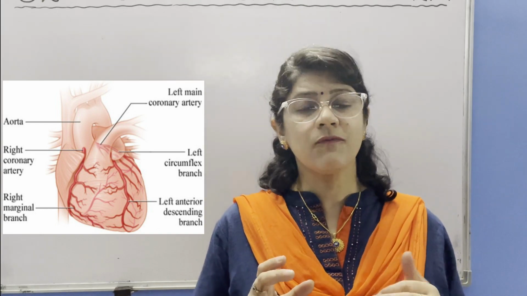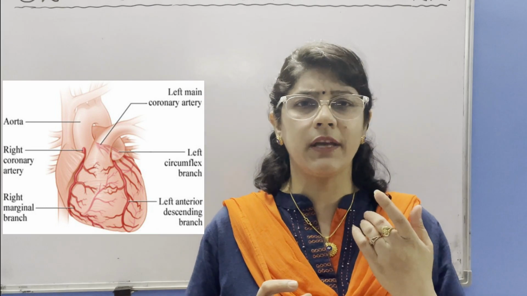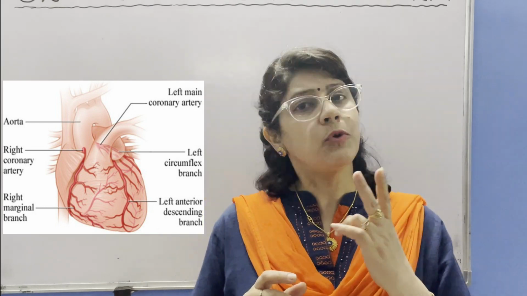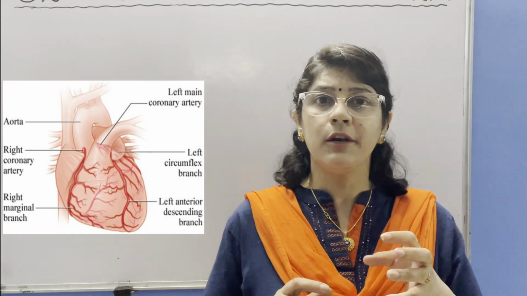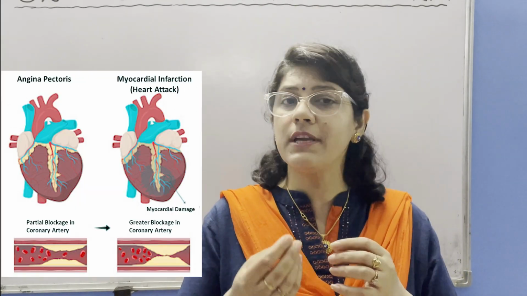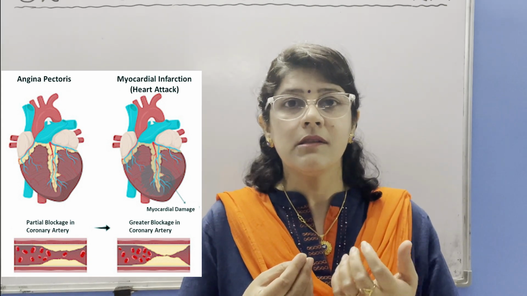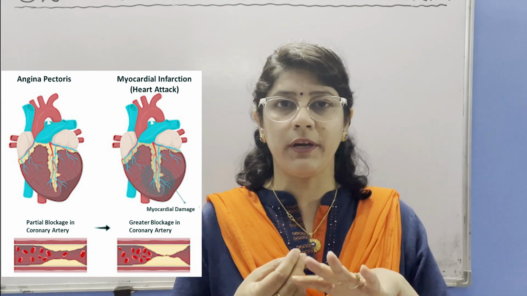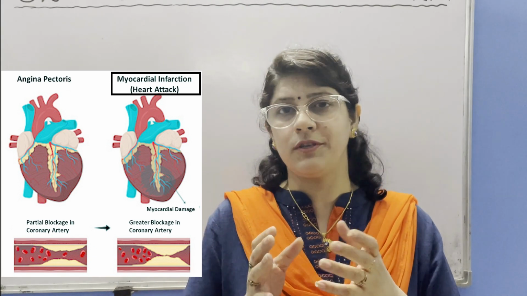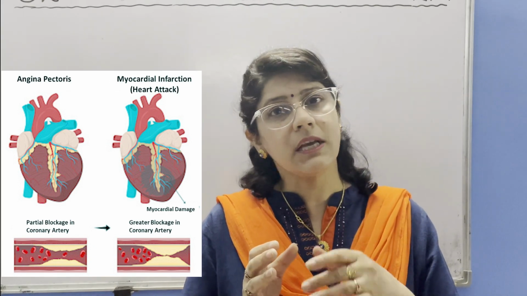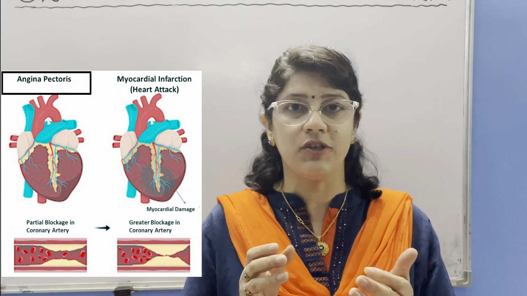Now the question arises, from where does this heart get energy? Because it pumps blood throughout our life non-stop. So there are two coronary arteries arising from the base of the aorta, which supply blood to the muscles of the heart. If there is any blockage in any of the coronary arteries or any of its branches, it results in the deadening of the corresponding area, which may lead to myocardial infarction. In common language it is known as heart attack. If there is insufficient supply to the heart, then there might be a chest pain known as angina pectoris.